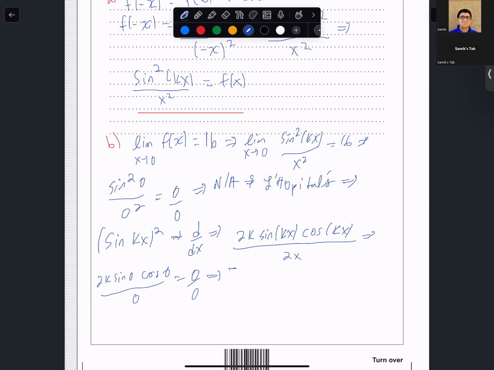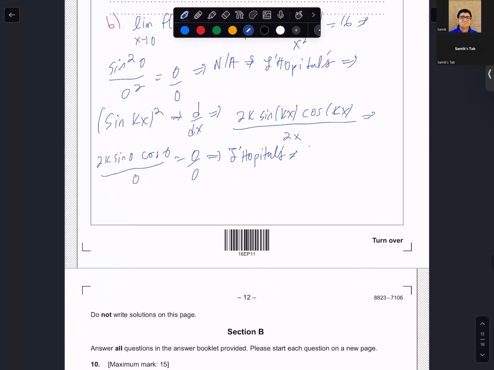So now we need to use L'Hospital's rule again, right? Because now we get, remember I kept saying we have to keep on doing this rule until we get out of the indeterminate form. So now this derivative of the numerator is kind of difficult, but you can use the product rule and do it, but it'll take a little bit more time. But rather, what I would like to implement for you guys is a very simple technique, which is, if you have heard of or learned about the